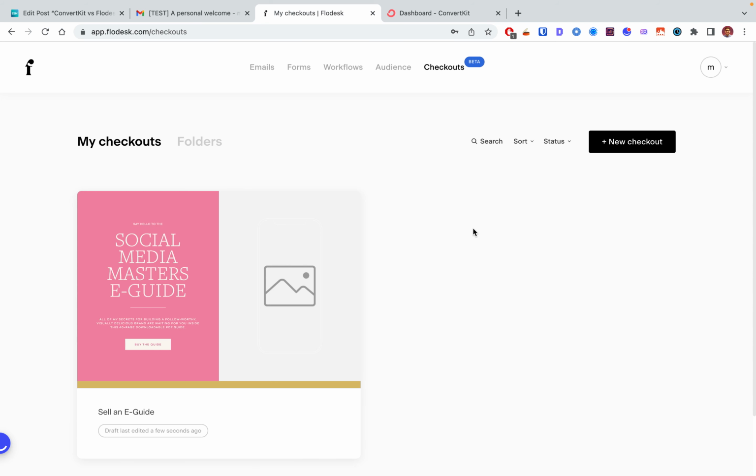And I think that is a bit of a concern if you are a creator that has a lot of subscribers already, has a lot of contacts, right? And in that case, I wouldn't recommend Flodesk, because I think Flodesk is probably better if you're a creator that's starting out, if you're somebody who's non-tech savvy, who wants a very simple user interface and just wants the basics, right? And then I think the last major con about Flodesk is that it definitely,